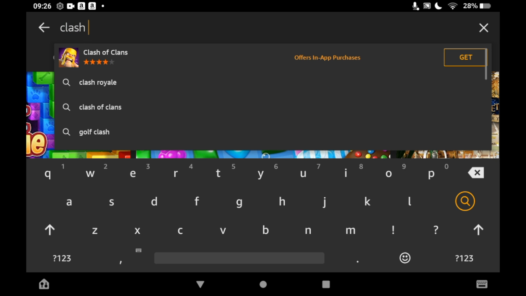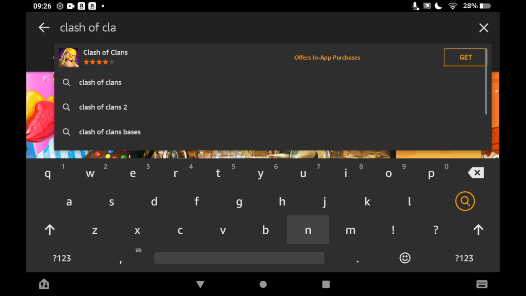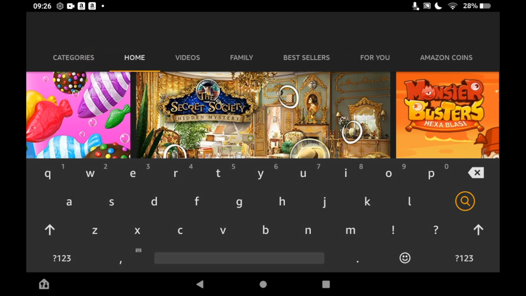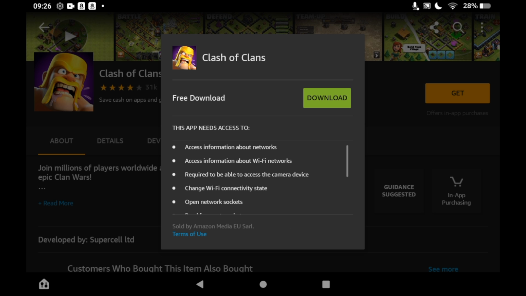You should see the logo pop up. When you do, click on the logo, then it should just pop up on the Clash of Clans page. Then you can click Get on the right hand side of the screen. Then you should see in the middle of the screen it will say free download, then the green download button